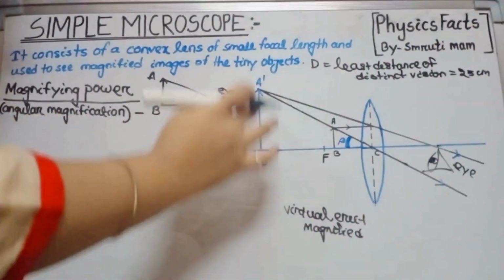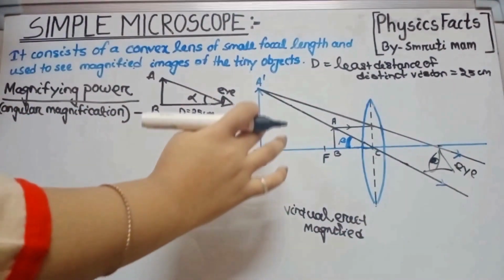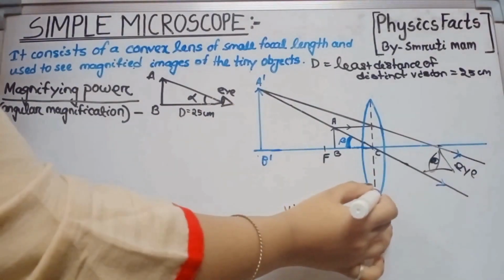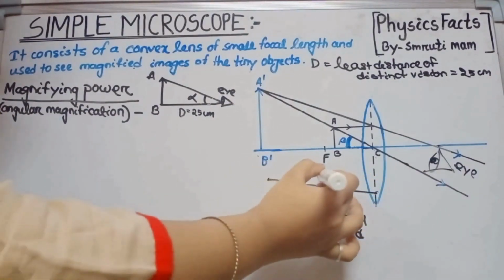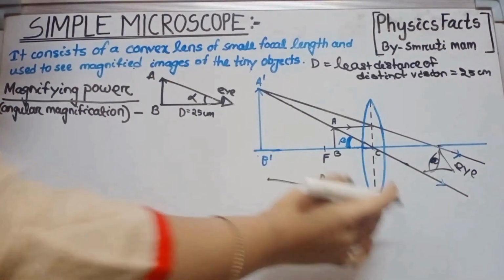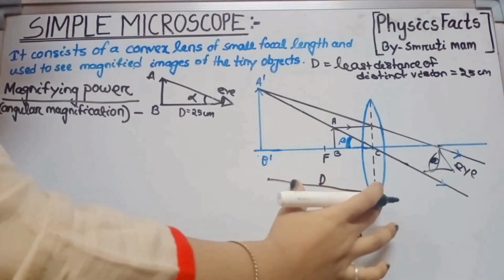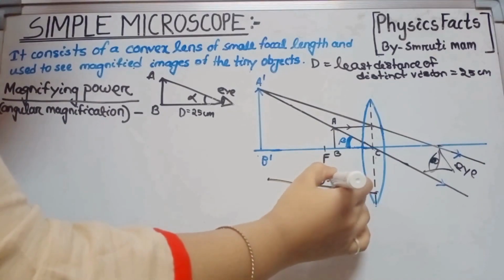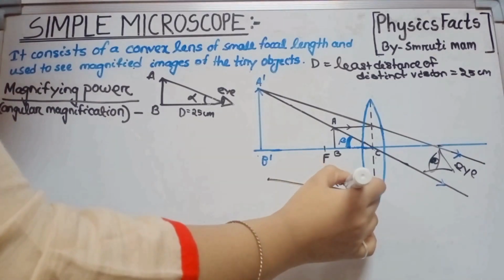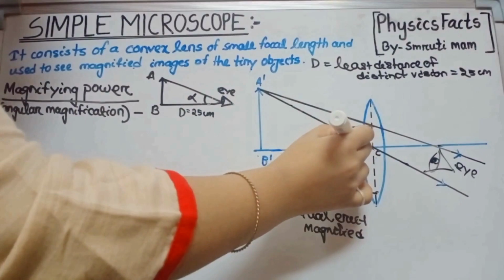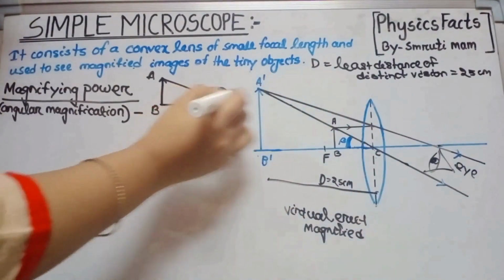An image is also produced at a distance from the eye. From eye to image, that distance is also 25 centimeter. So यहाँ पे जो एंगल क्रिएट हो रहा है इन दोनों एंगल